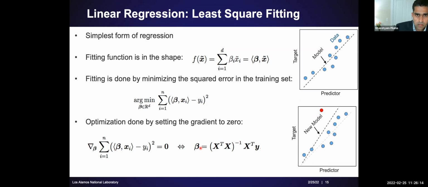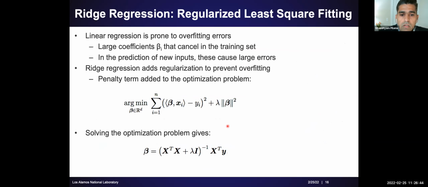The problem with linear regression is that if there are outliers in the model, even though we are not really after outliers, we are after the average trend in the data set, the model will quickly get biased and thrown off the average trend in the data, and the outliers will have a strong say. In this case, you will find that some of the betas will be significantly larger than others, and we don't really want that. So that's why we go to ridge regression instead of linear regression.